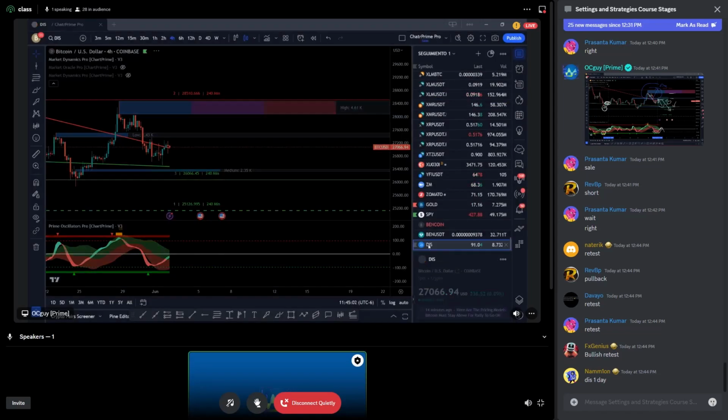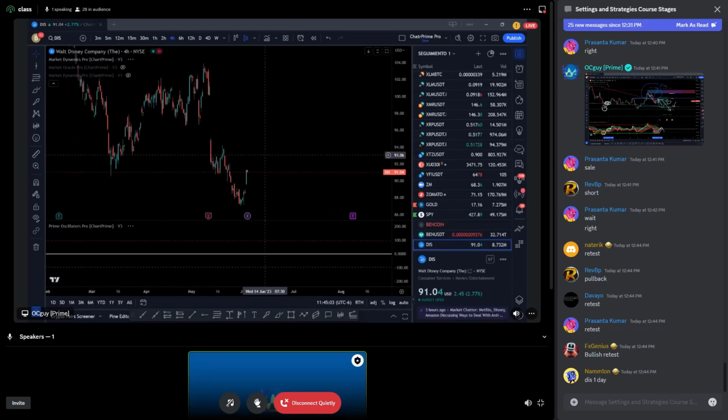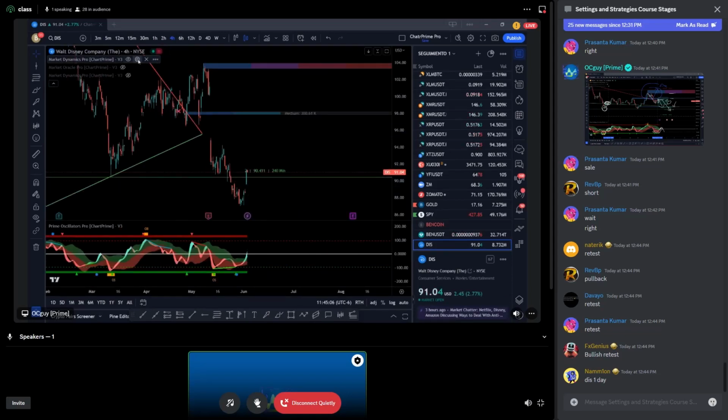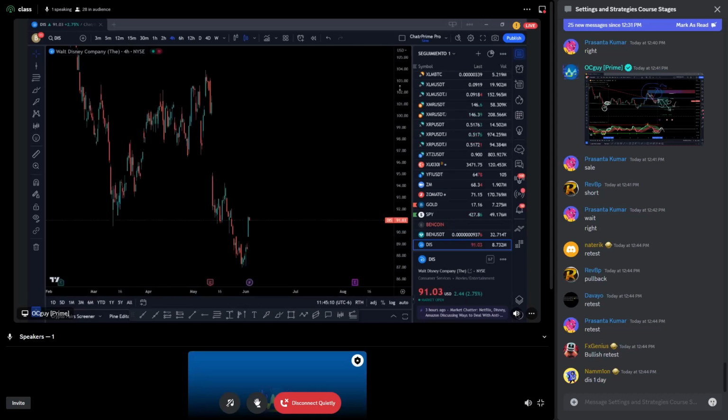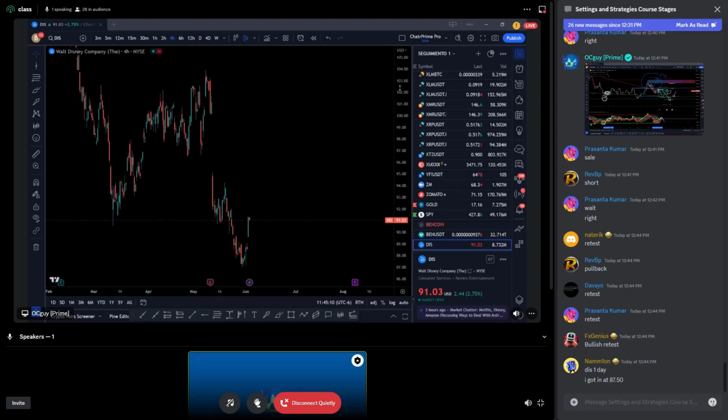Alrighty, so take a look at that one. All right, 4 hours, a little bit choppy, but that's all right. Let me remove everything in here. I'm going to remove everything and then head over to one day, because that's where we're going to be starting. Then let's try to add 8 indicators together. Again, you need to go to your indicators. Stay away from favorites. Pro tip: stay away from favorites. Let's go into invite-only scripts and then add the ones that end with Pro.